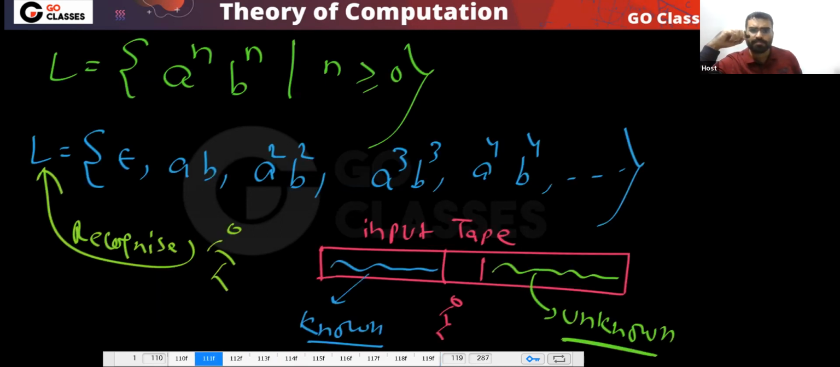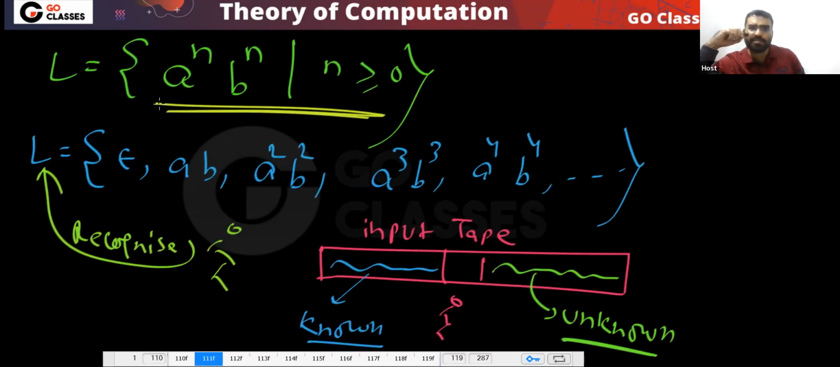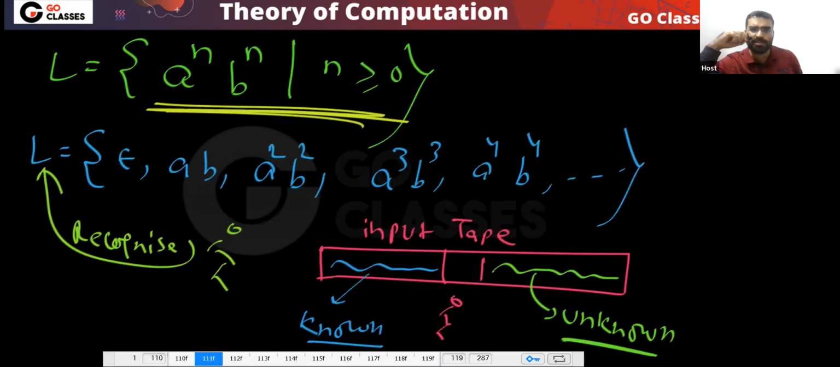Now you can notice one more thing. See, here, actually, now just think about it. You want to accept this language. This is the language that you want to accept. Now, if you want to accept this language, then you need to keep track of these possibilities. So for example, if you see some A's,